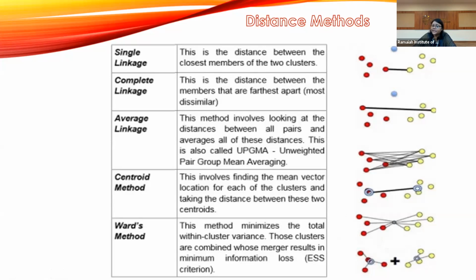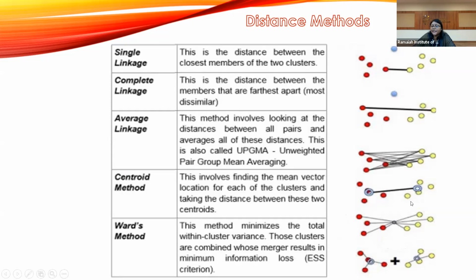The next one is finding the farthest distance. In the second case, you find that this is again a cluster, this is again a cluster, and you find the farthest distance between both the objects. The third one is, you take the first red color object and find the distance to all these yellow color objects, and you find the average. Again, with the second red one, you find all the distances. Like this, you find the distances between all these points, and after that you calculate the average of it. That gives you the average linkage.